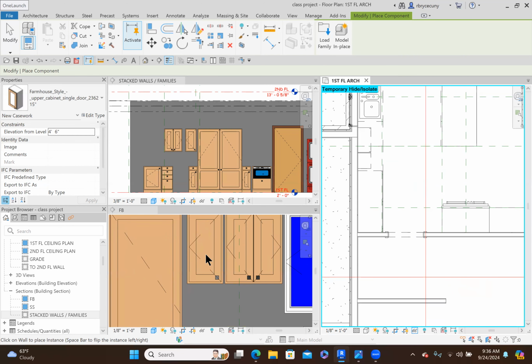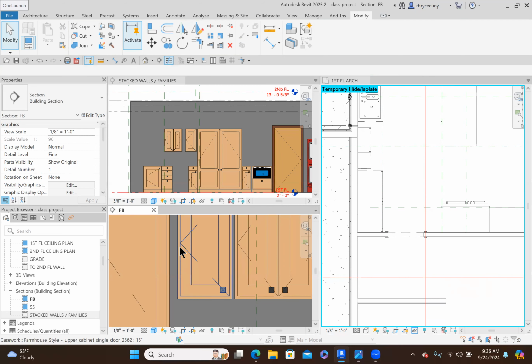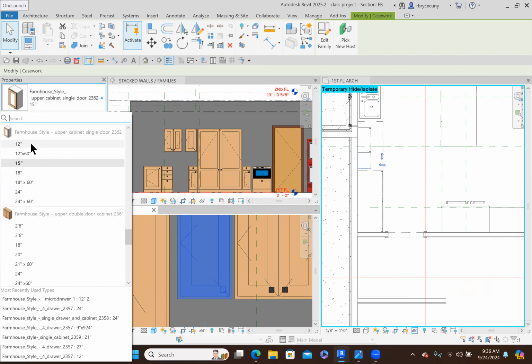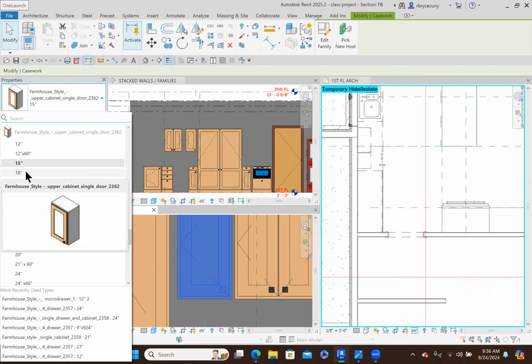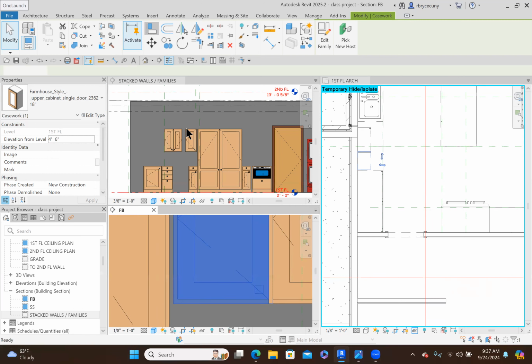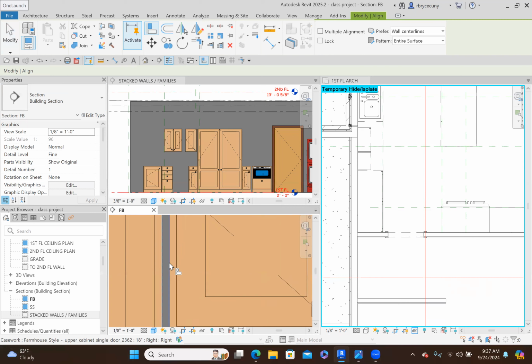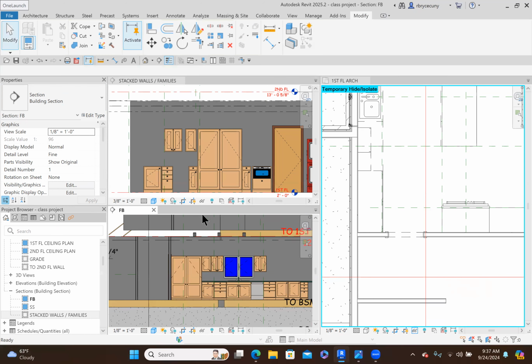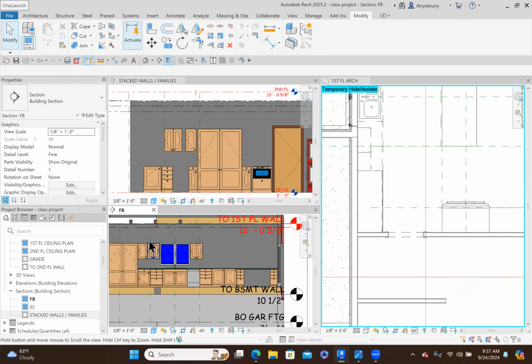That looks like I can make it a little bit wider. So we can make it 1'6". Let's see if we have a 16 inch. 1'6" would be 18 inches. Okay, so let's click that one. We're surprisingly lucky here that this all fits like it does. But okay, and then